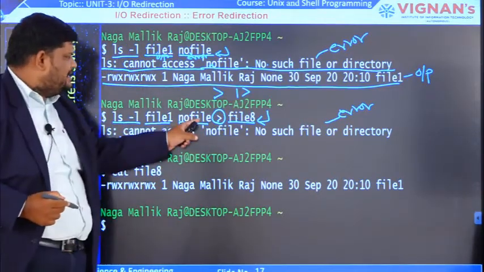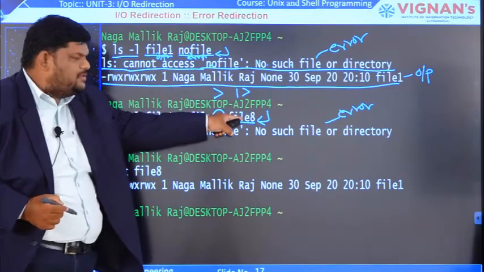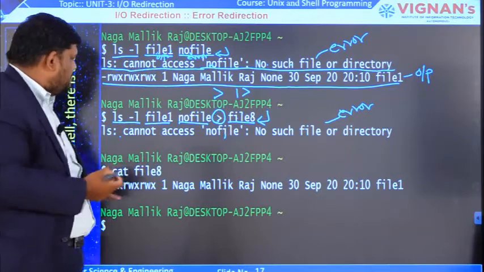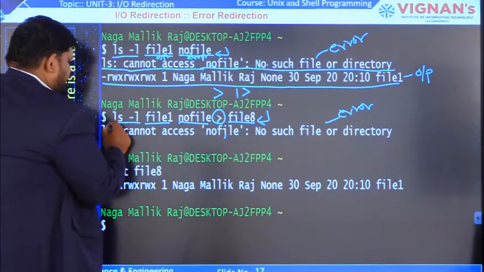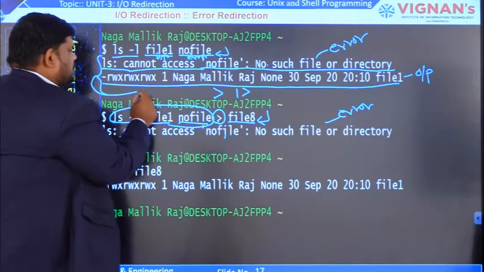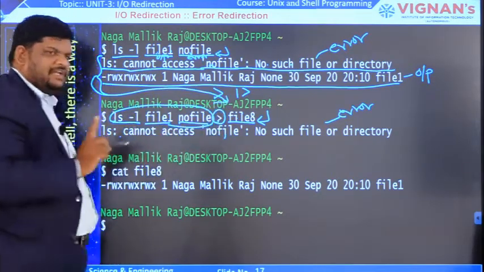By default, it sends only the output to file8, not the error. We might treat the complete result, these two lines, as going to this file8, but it never happens like that.